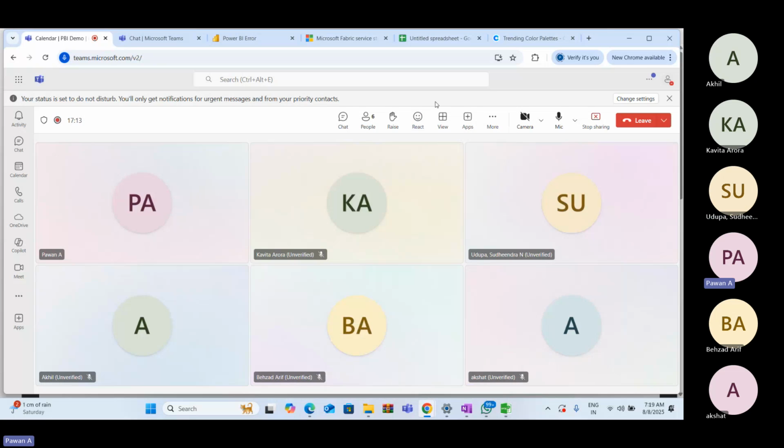Once it is published in the Power BI service, generally what people do is they just share the link of the report, which is published in Power BI service, so that the stakeholders see your report in Power BI service itself. So is this how it works at your end as well, or do you directly share the reports